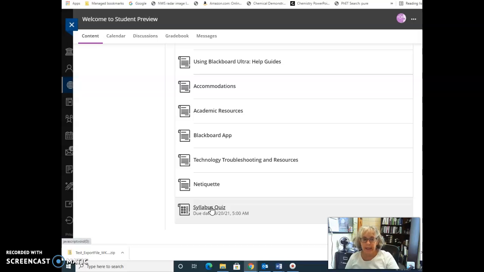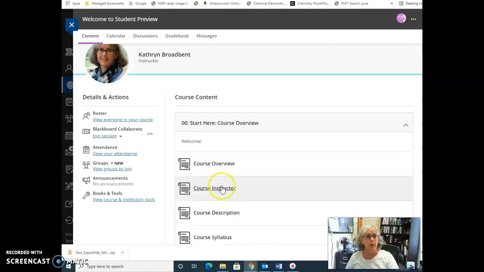You need to take the syllabus quiz before Friday, because if you don't, you'll be dropped from the class. It's a 2-question quiz that just basically asks that you have read the syllabus and you agree to the health requirements that we have because of COVID. Okay, now this looks pretty blank, so you're probably wondering,